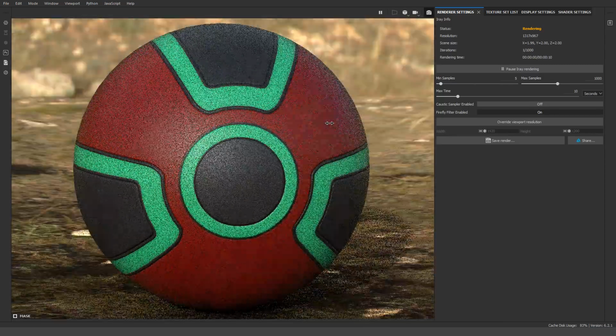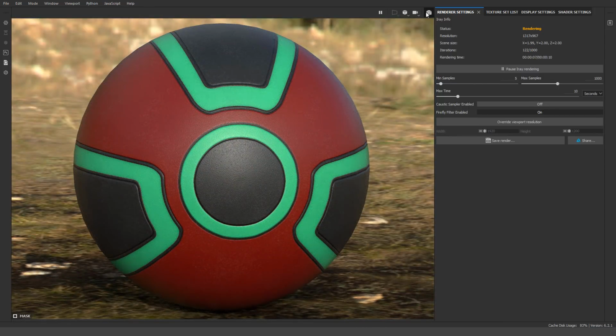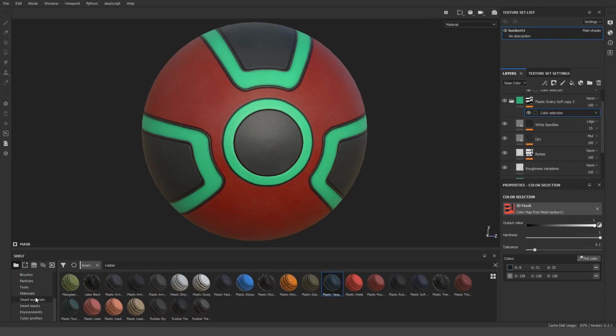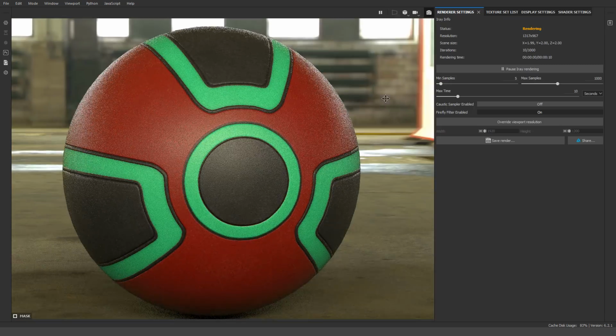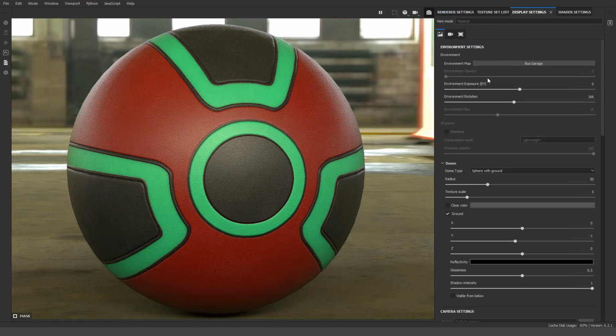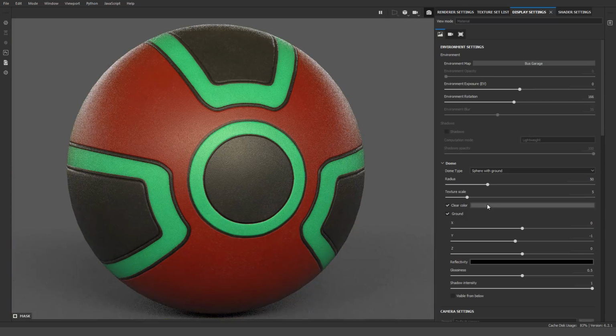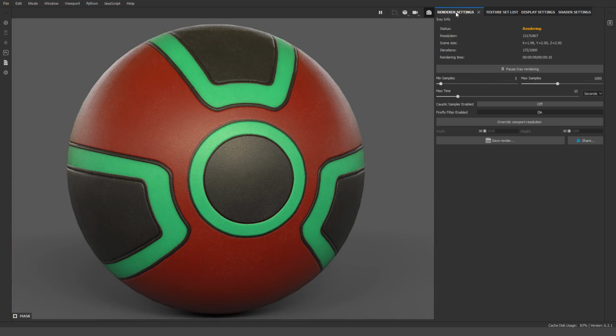So at this point, I finished the block out for my textures. I'm not looking to push this too much further. Just like I do block outs for my modeling, I also do block outs for my textures. So at this point, this is a good time to stop, take some renders, and submit this to a client